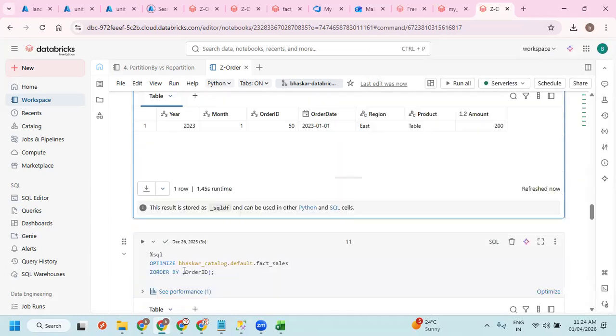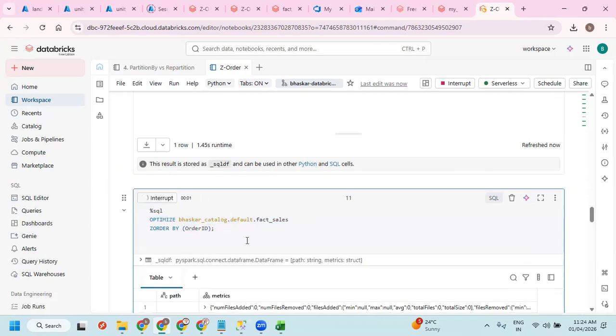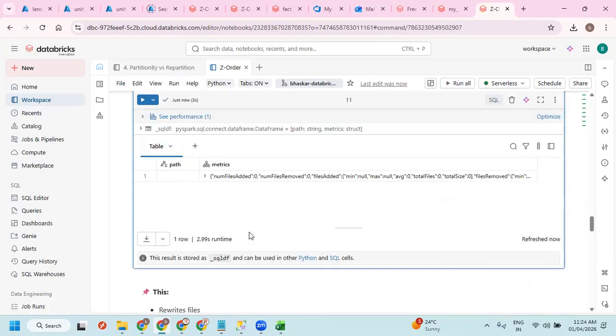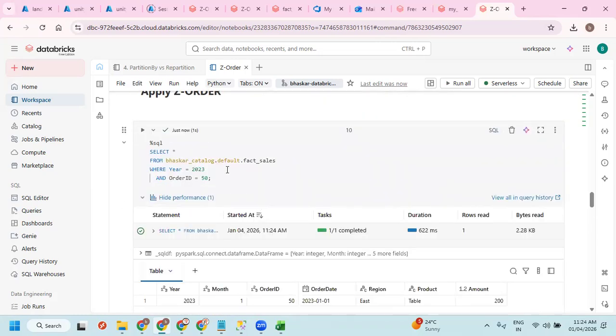Now I'm going to make this a Z-order. Optimize table name Z-order by, and you have to give the column. Remember this command. Now if I run the same query again, just observe what happens.